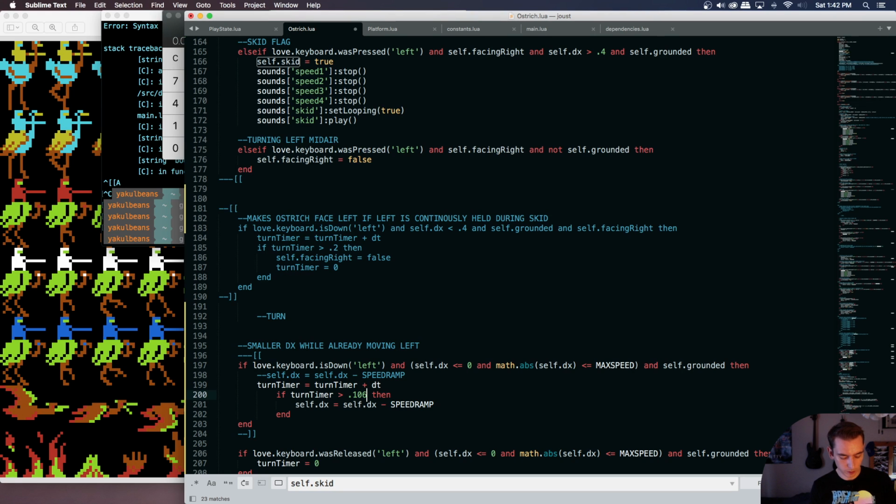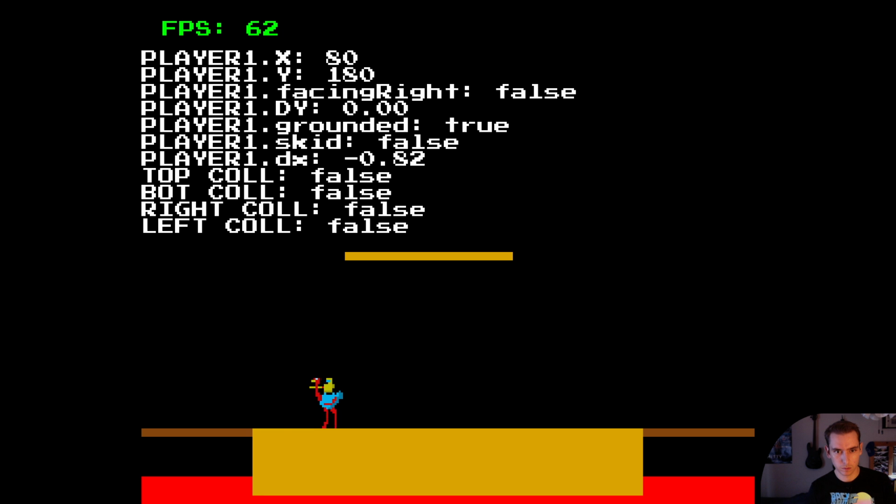If it's greater than, so if it was held just longer than a frame. See, because the issue now is that if I'm already facing left, since turn timer is getting reset to 0 upon release, I can tap left really fast and he's not even moving. So